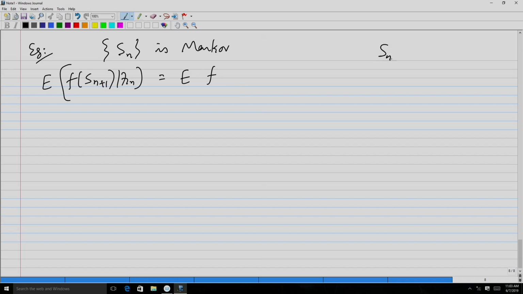So, you can write S_{n+1} as S_n multiplied by S_{n+1} by S_n, where what is this random variable? This takes value either u or d with probability p and with probability q. So, S_{n+1} by S_n is just the result of the (n+1)th coin toss, which is either head or tail, which gives the stock price process either up or down with corresponding probabilities p and q, and S_n is the quantity.